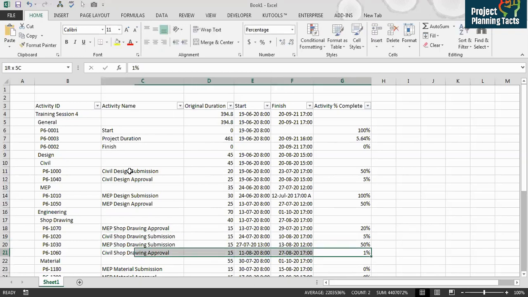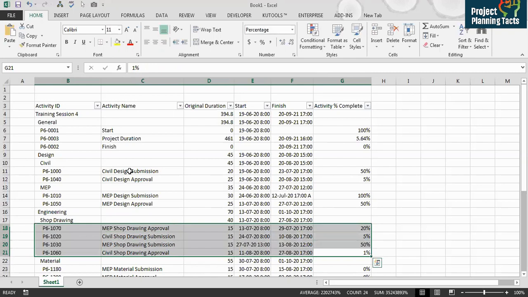So these are the activities. Normally you can easily create this kind of schedule in Excel and send it to the operation team, the design team, or whoever you are going to get the progress from. Once you get the progress within the Excel file, you can directly import it to Primavera.